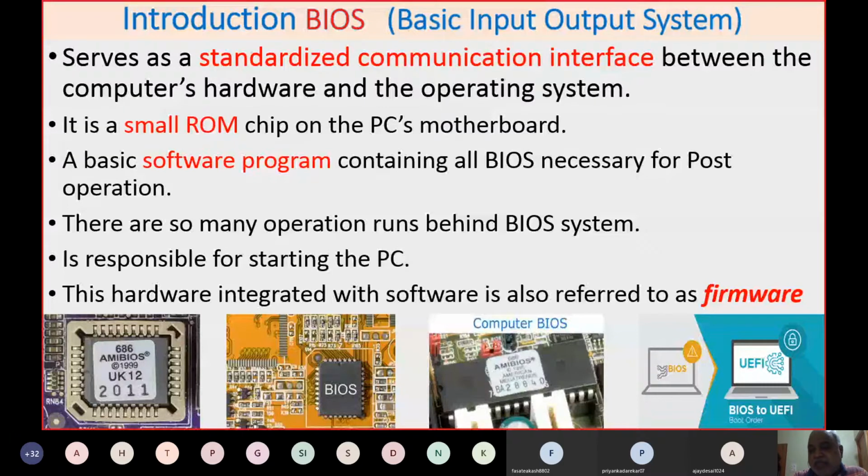I mean, it is switching over from BIOS to UEFI technology. Of course, the legacy of the BIOS is the same. The BIOS concept is still implemented, but there is an option for the user to switch between UEFI or BIOS.